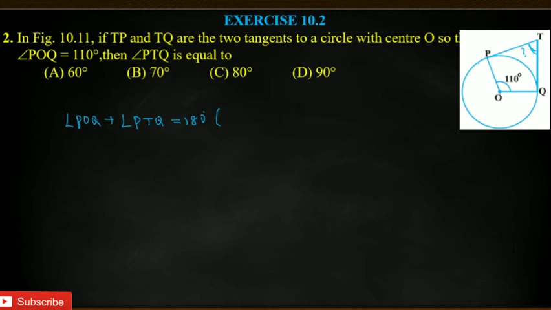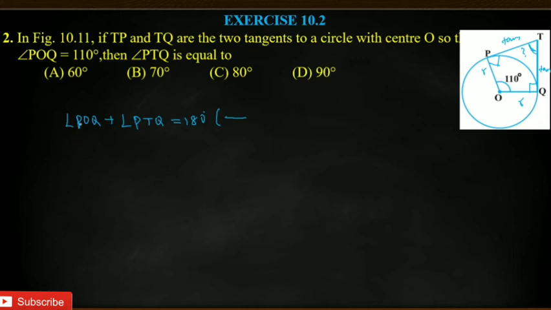You just observe clearly. This is a radius and this is also a radius. So we know that this is a tangent, and this also will be a tangent. So radius and tangent are always 90, and here also radius and tangent are always 90. So this is like a quadrilateral. OPTQ is a quadrilateral. In a quadrilateral, the sum of all the interior angles is 360. From the 360, you can subtract this 90 plus 90. Remaining, these two only we have. Those two you will get as 180 only. That is what I am writing. That clear explanation we have to go through.